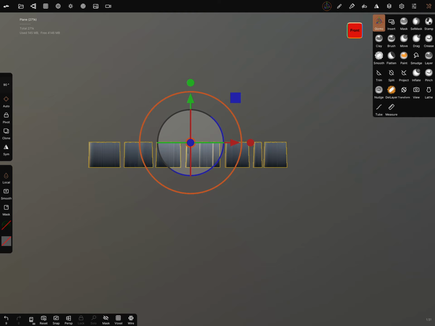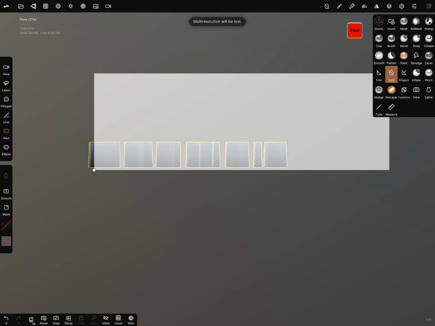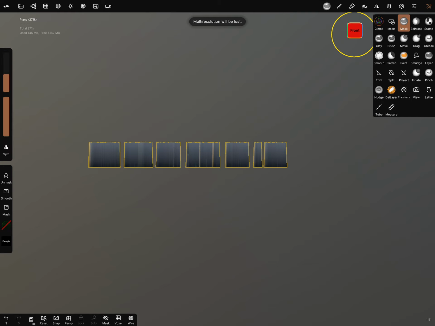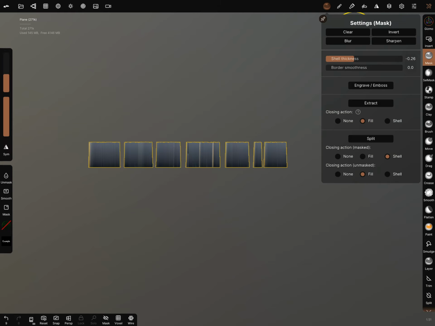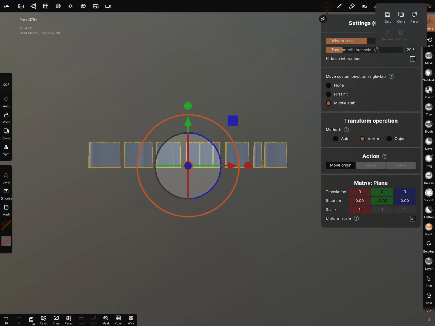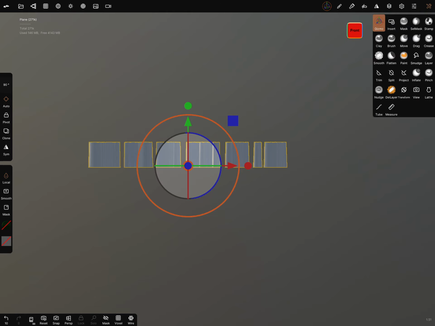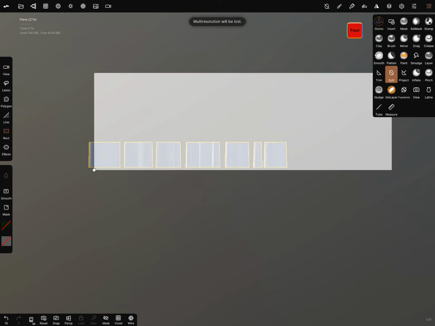You can switch to the front view, clear the mask. Okay, I got it. Then you can trim. Why this square appears, I don't know.